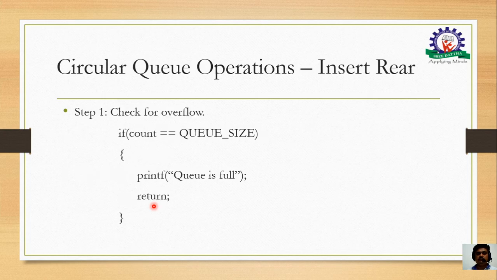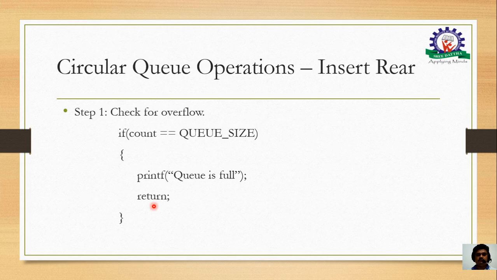So let me repeat the operation, that is insert at the rear. Insert at the rear in the sense what? I am going to insert at the backside of the queue, that is at the rear end, with the r as the pointer. So before insertion at the rear end, first I need to check whether the queue is full or any space is available. For that I am going to use the variable count, which I will check for the number of values in the queue.